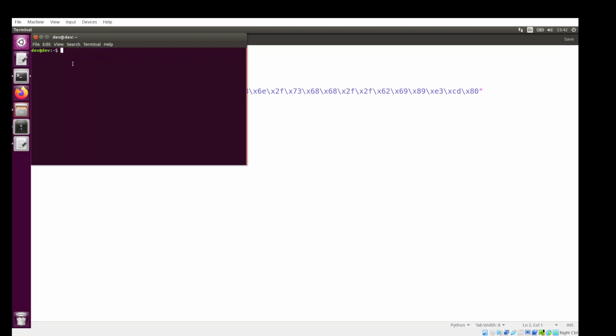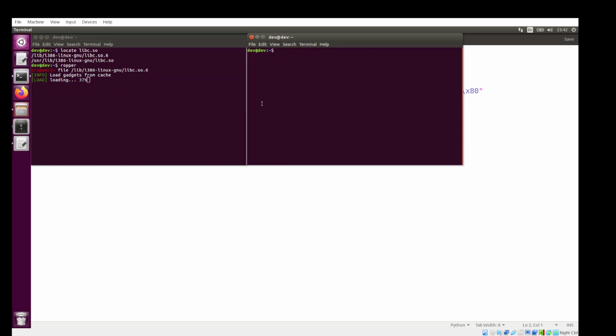So what I can do is locate libc.so, the shared object. And here it is. And I'm going to open Ropper, which finds ROP gadgets for me. I'm going to make my own eventually, but it's harder to program than I thought. I spent a day on it, and this one just works so easy. So while this is loading up, I'm going to open another terminal, and